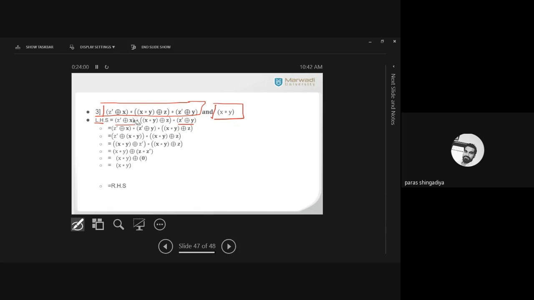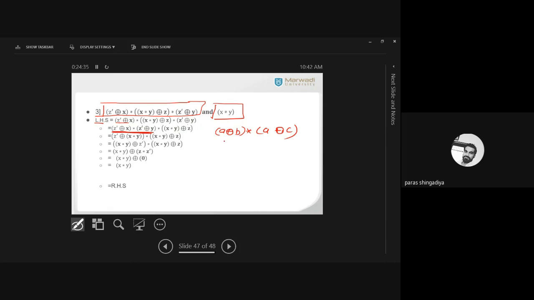So here, just arrange in this form: combine z' ring sum x, and then write this last term as a second term, z' ring sum y, and the remaining part as it is as the last bracket, x star y ring sum z. Now check that the first and second bracket compare with a ring sum b star a ring sum c, where a is common, that is z', and b and c mean x and y.